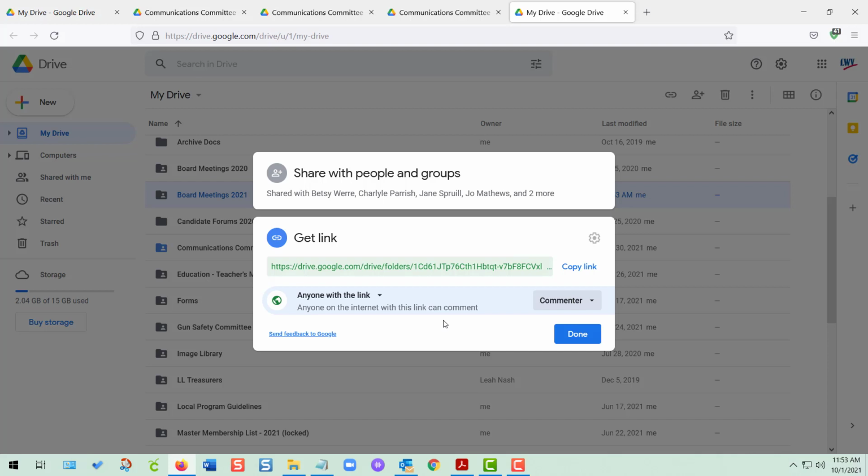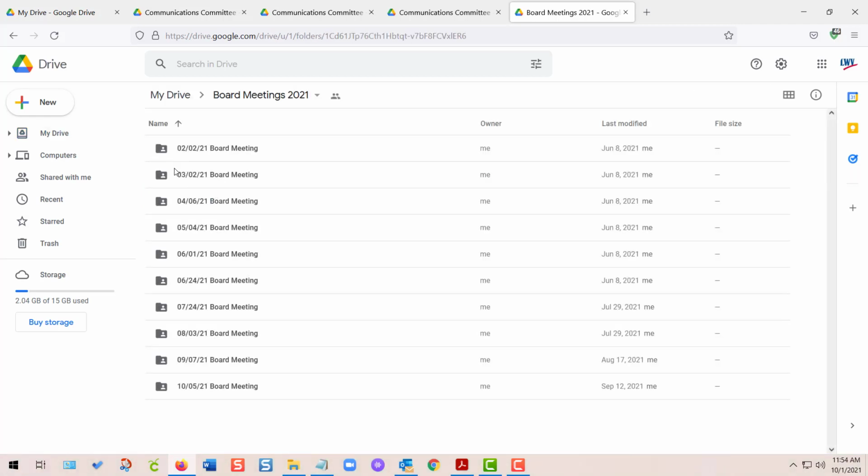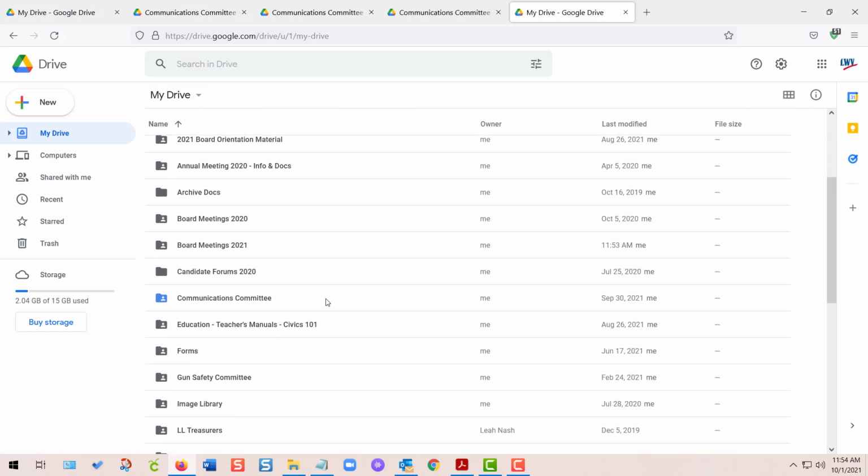So now people can just hit the button. All they can see when they hit the button is just this board meetings folder, and they can get to all the things inside of it. Again, you can see the little people on it. They can get access to all these folders and get whatever it is that they need. Okay, so that's the difference between share and get a link. With get a link, they can't upload. So you can't upload to the board meetings folder unless you have a Gmail account, a Google account,